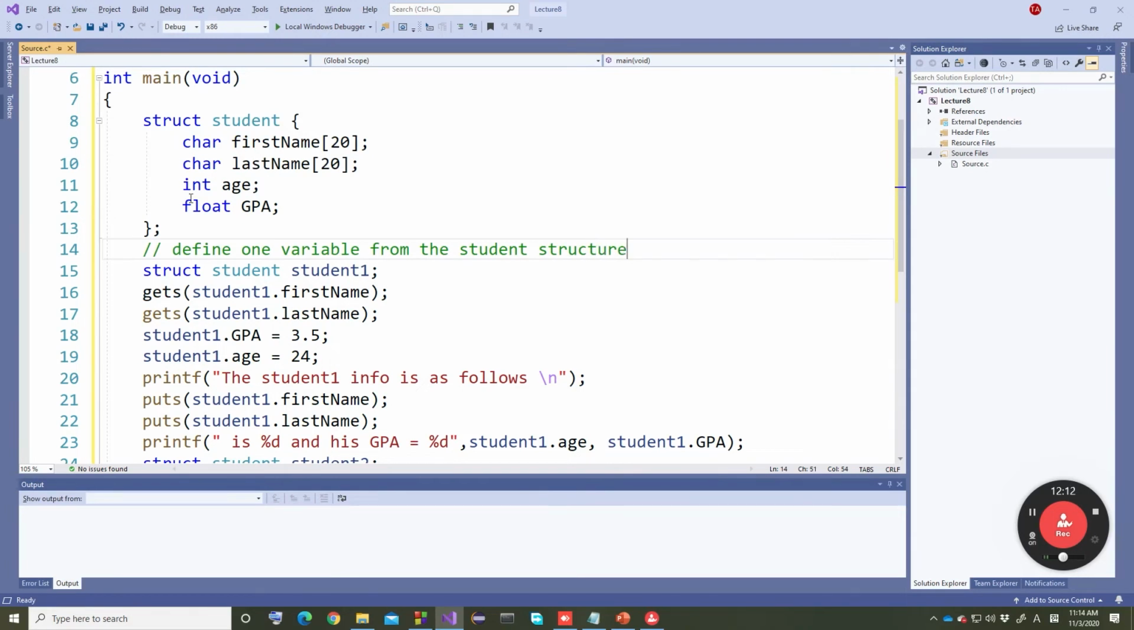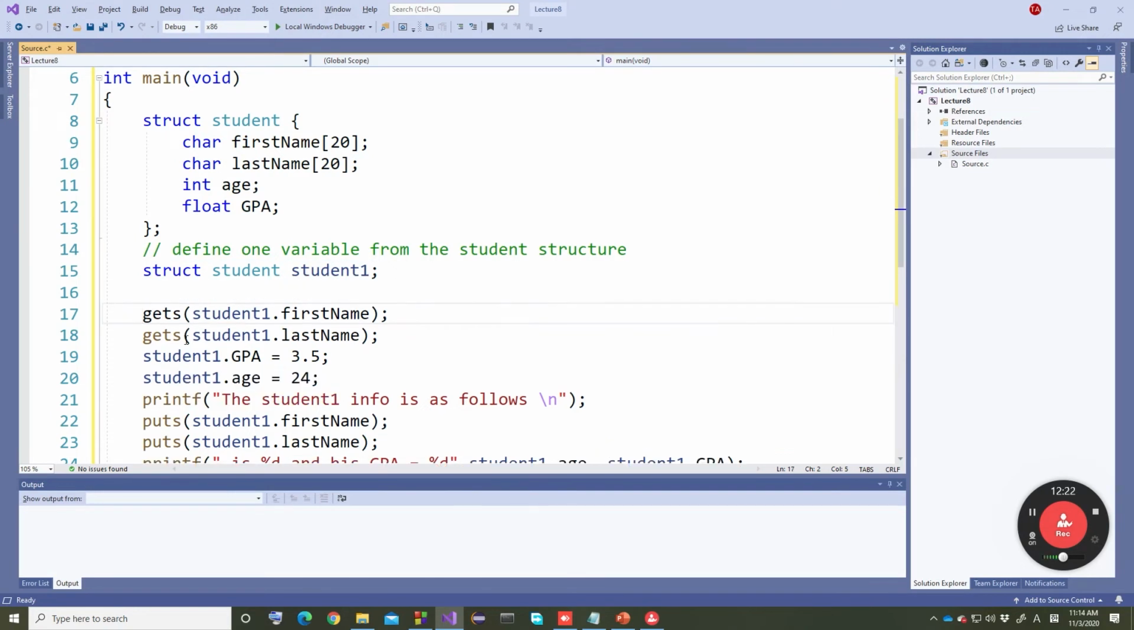Okay, so this is to define one. To define one variable from the student structure, you are going to use this one. Then after that, how to assign a value or print a value. So to read or write, for reading, read